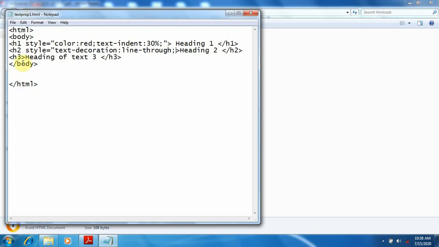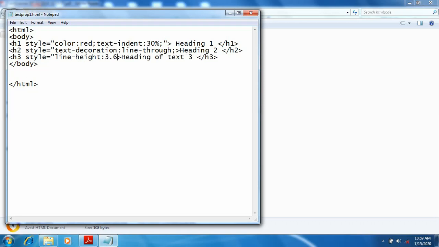Okay, next, now I am applying some properties in this. I am taking property line height and colon, giving value, you can give any value.